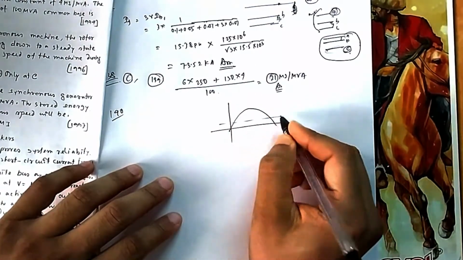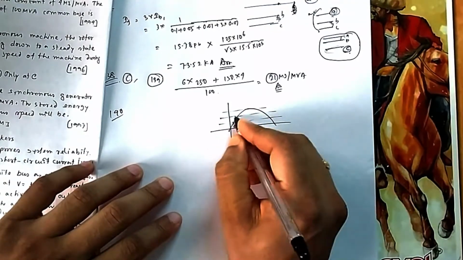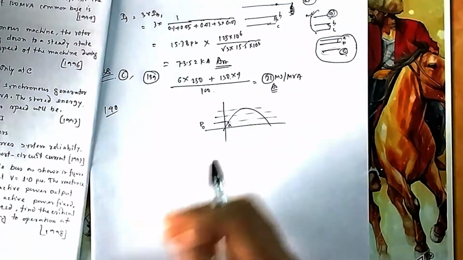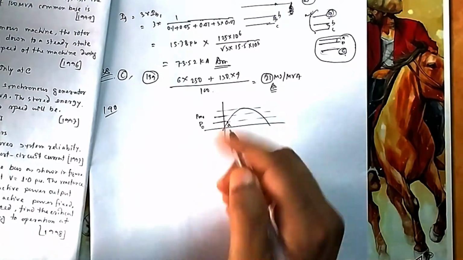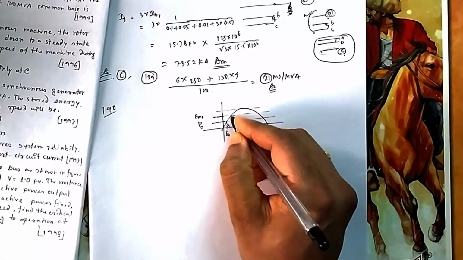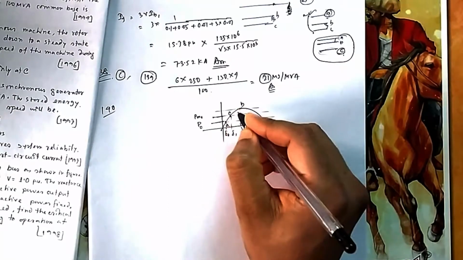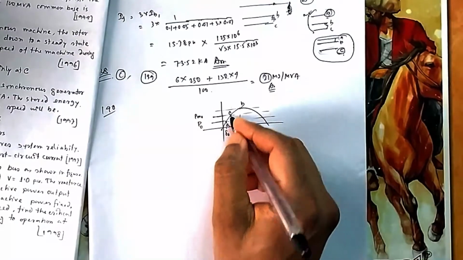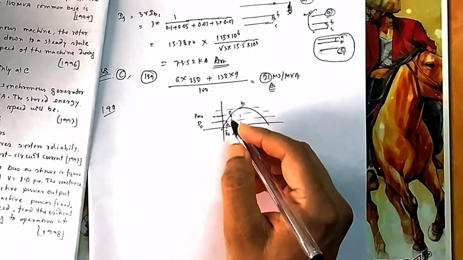Suppose let me explain it, what happens one more time for you. Suppose this is your point A, it was operating at this position, which is at P0 suppose. Now suddenly there is an increase in load suppose, so you will increase its mechanical power to PM1. Now once you increase it, the motor cannot suddenly directly go to this point. Suppose this is my delta 0, this is delta 1, this corresponding point is delta 2, this is B, and the final point is C. You want to reach C, but it is not that it will go slowly and reach delta 1. You don't need that one, or it will never happen also.